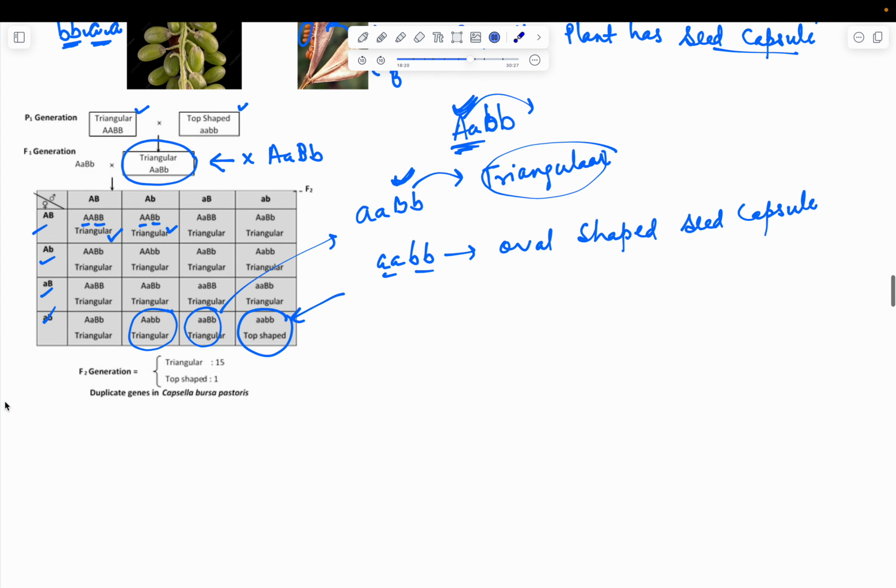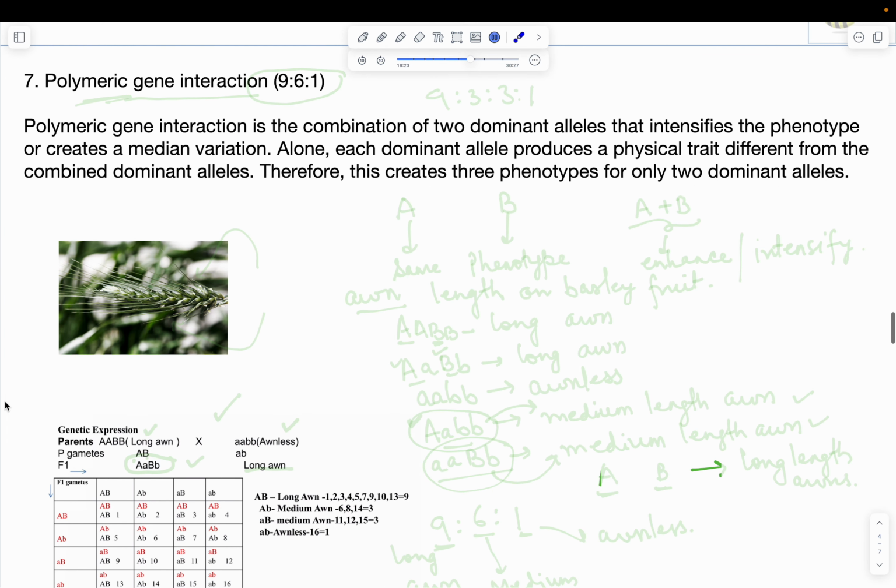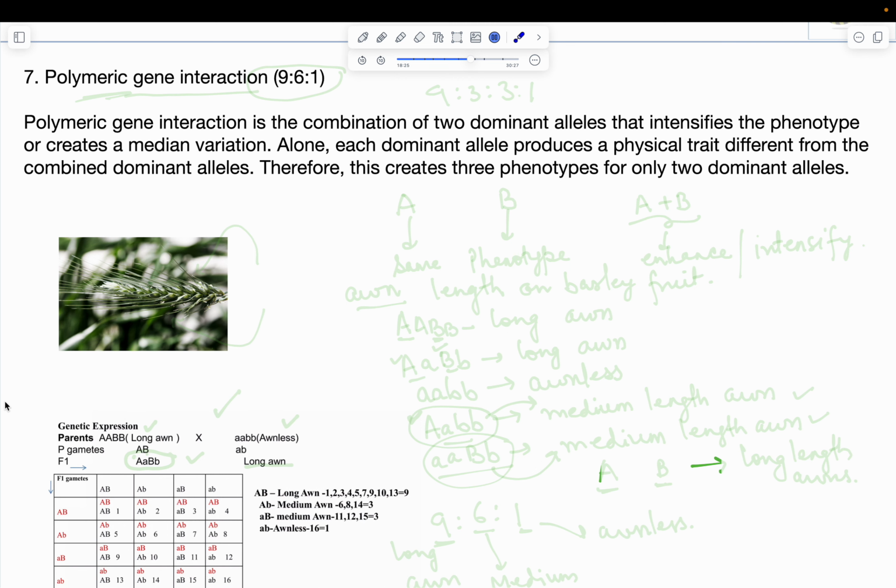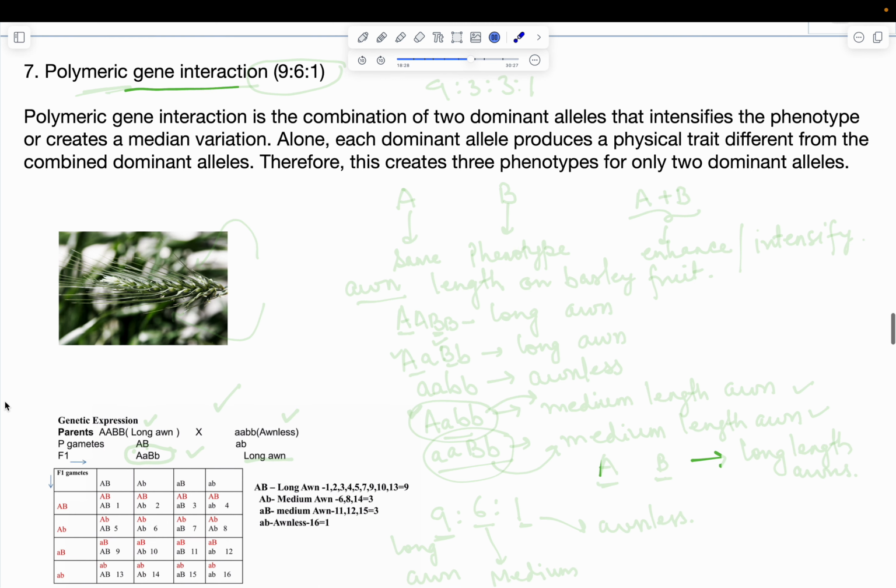Okay, so the next kind of non-allelic gene interaction is the polymeric gene interaction, right? In this polymeric gene interaction, you'll see that there are two dominant alleles, non-allelic dominant alleles. Both of them produce the same phenotype, but when they are together, they enhance the phenotype. They intensify it. So we'll understand this with an example of awn length